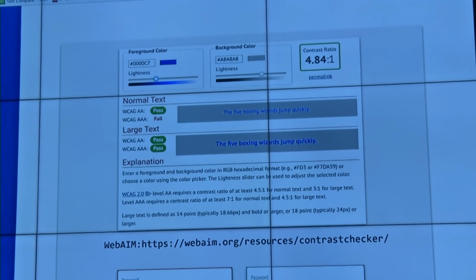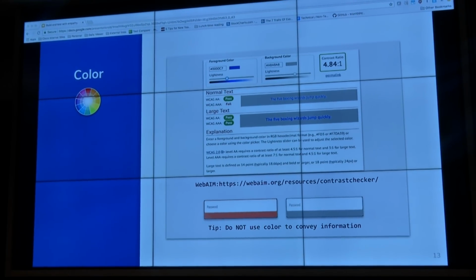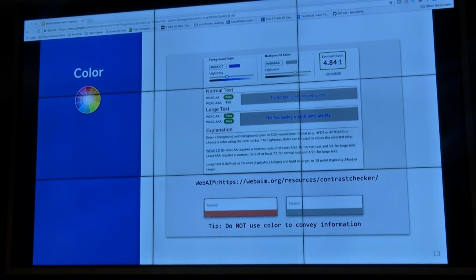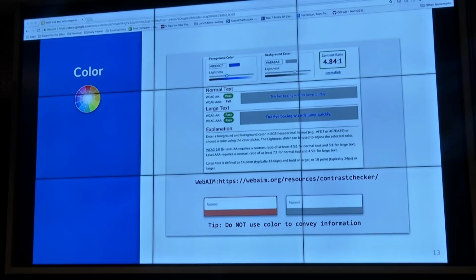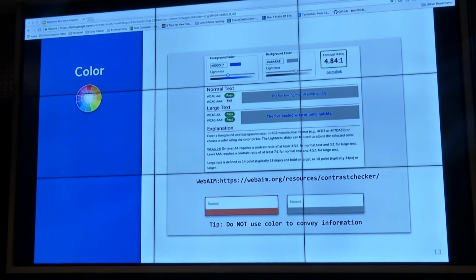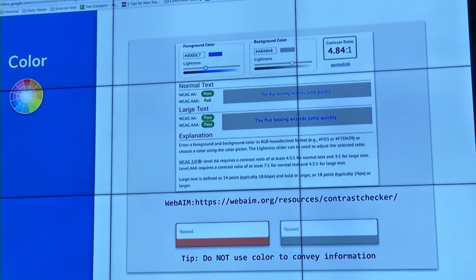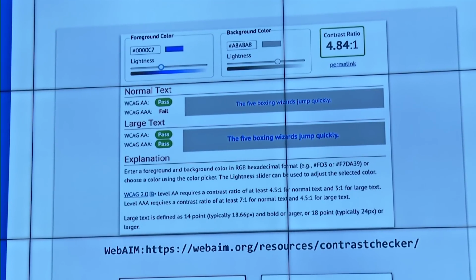It's not just the fonts that are confusing to people, it's also the colors. A lot of visually impaired people can only see a few colors. Some of them have red-green color differentiation problems, and some people have blurred vision. So it's really important to have contrasting foreground and background. And again, WebAIM gives you a nice contrast checker to say, okay, is this enough for a user to be able to read this content?